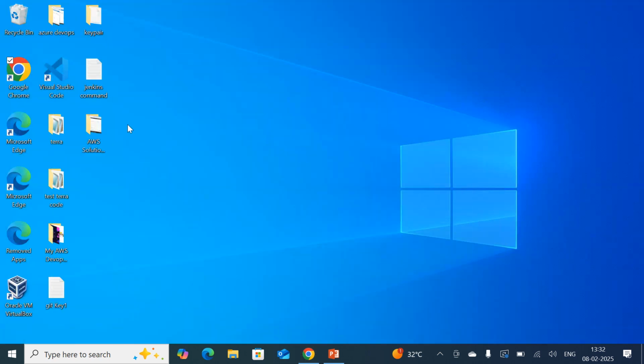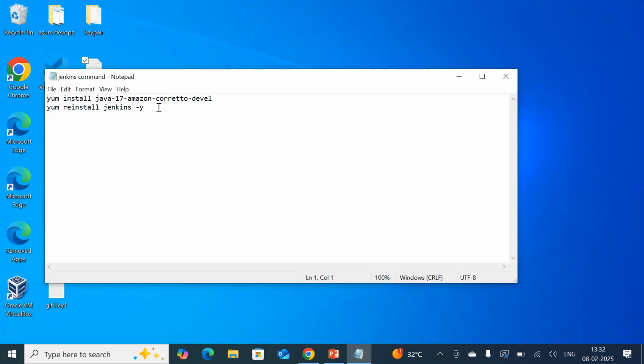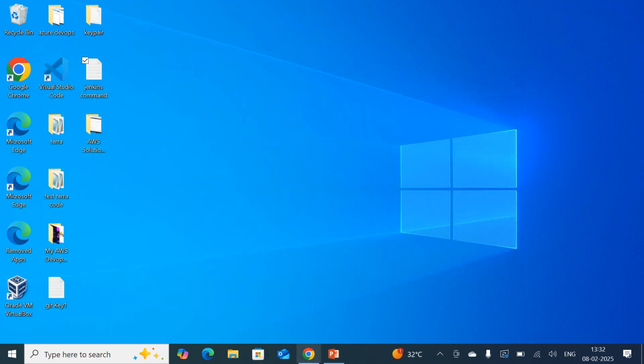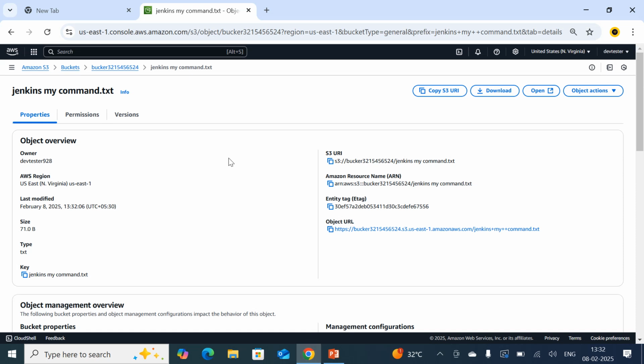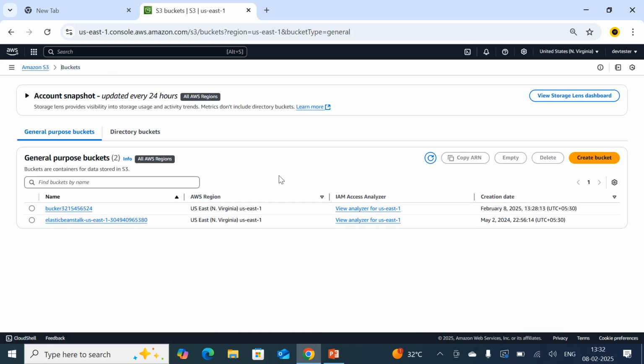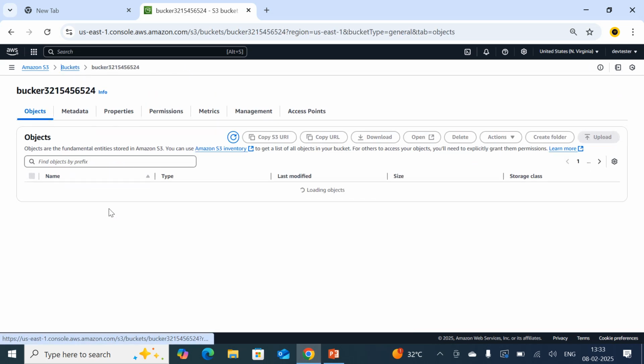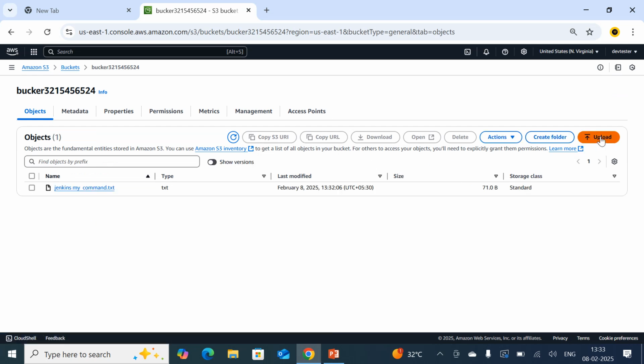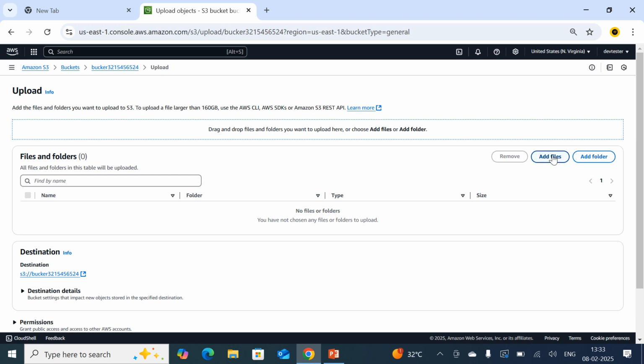So I'm going to do something. So Jenkins commands is there. Something different. Okay, just Control S. I am going to upload into the S3 bucket again. So I am going to enter into this bucket. I am going to upload the same data.